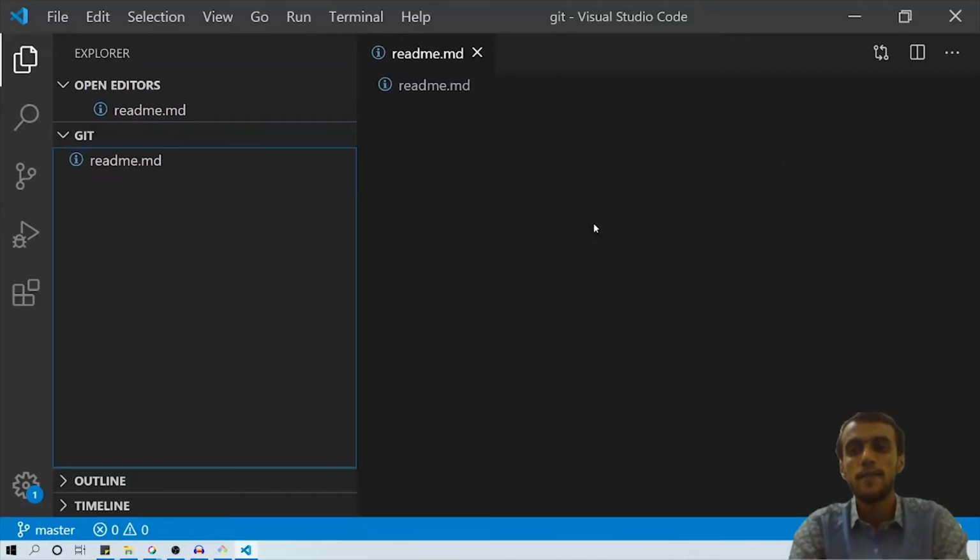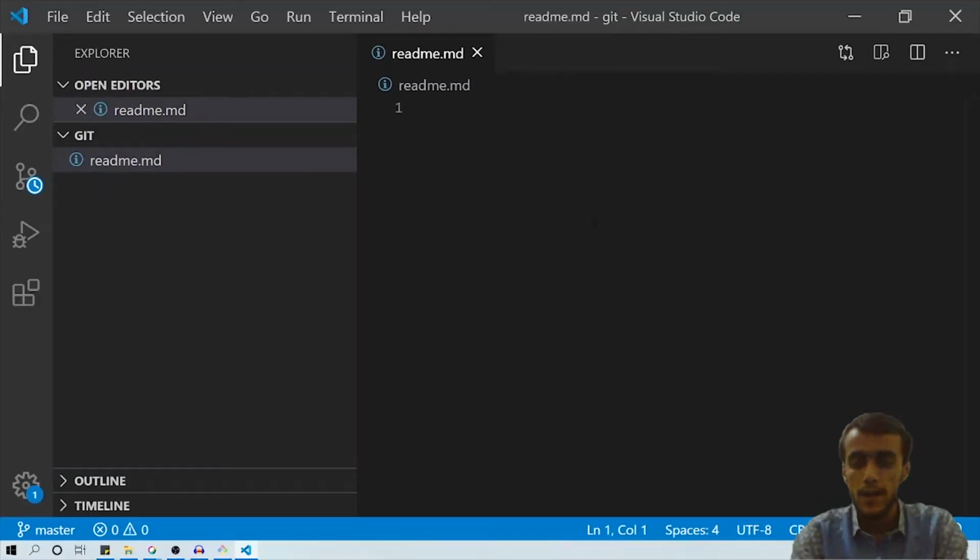Readme.md is the documentation file. MD files are mostly considered documentation files in open source, and readme.md is the description of the repository. This file holds all the description about the repository. We create different types of files, for example contributing.md and different categories of files, for example code of conduct.md. In one open source project there can be a lot of .md files, right?